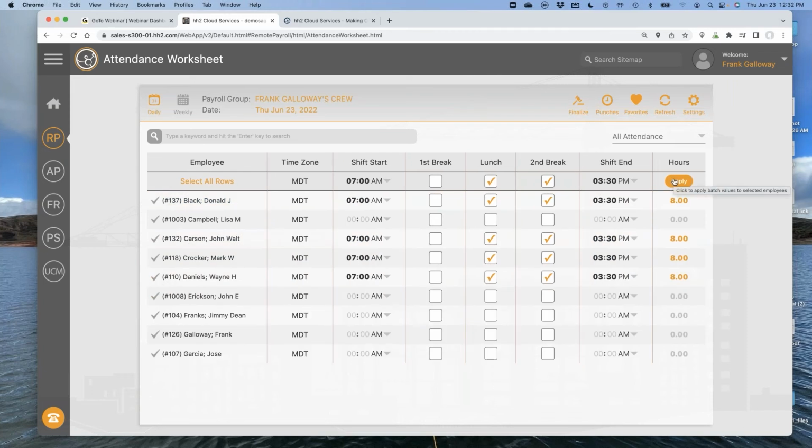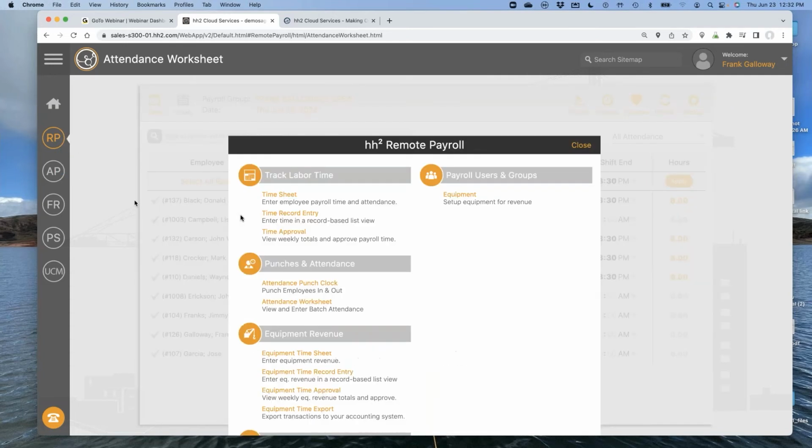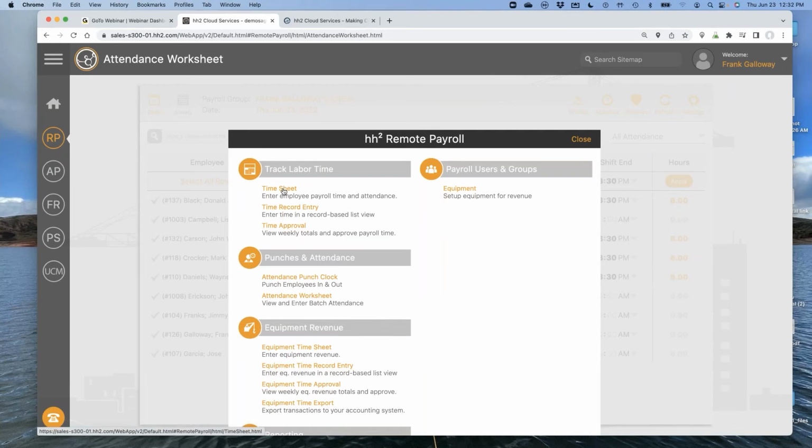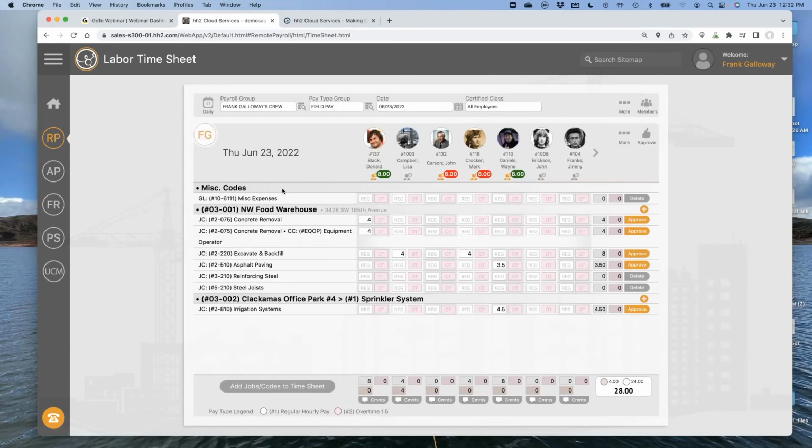So this is one way to be compliant with the hours that they worked, etc. You're going to break down the job cost, etc. But it allows you to track their time. Now, again, I'll address some other ways in which HH2 can clock in and clock out here shortly. But let's go back to that timesheet for just a minute. So please note, you've got some red and green colors across the top.